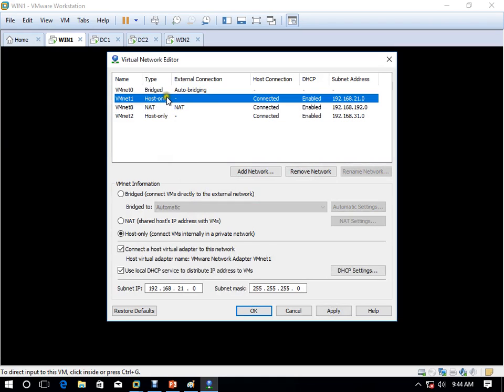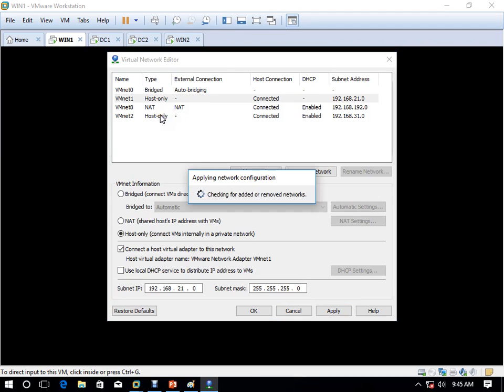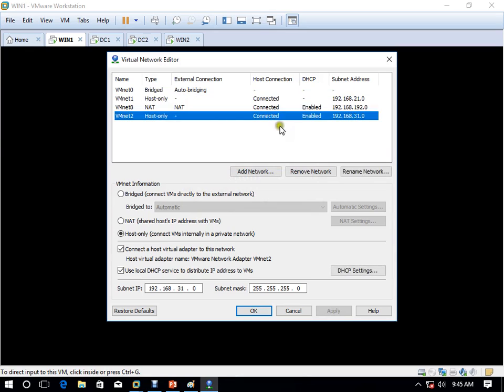So we have to come to VMnet 1 and you have to remove the DHCP. Okay, remove this DHCP from VMnet 1, apply, and you have to come here to VMnet 2 and stop the DHCP. Apply, okay.